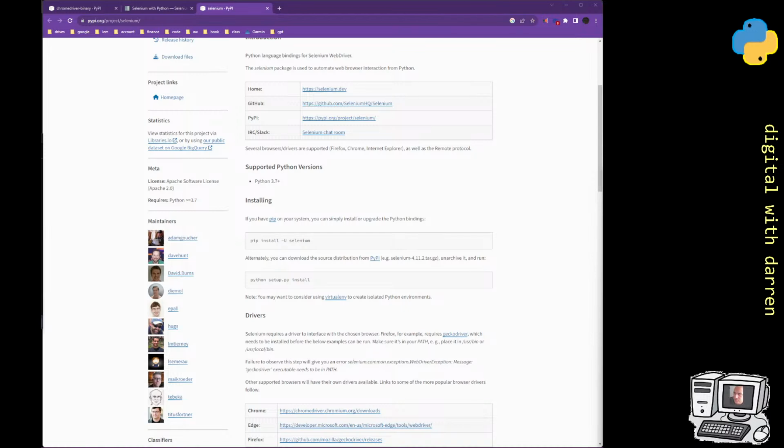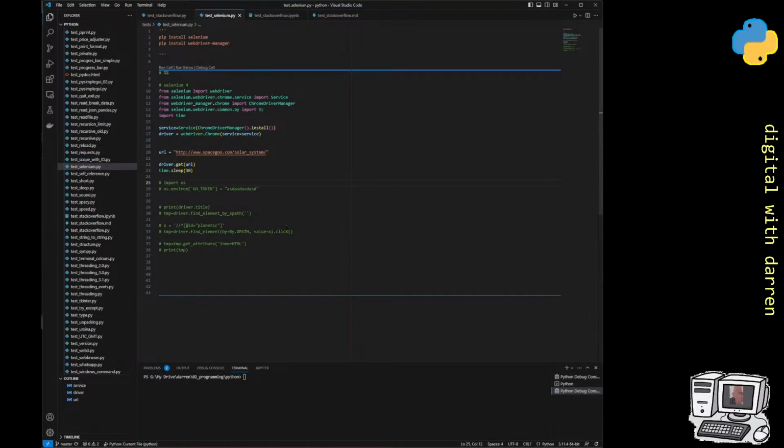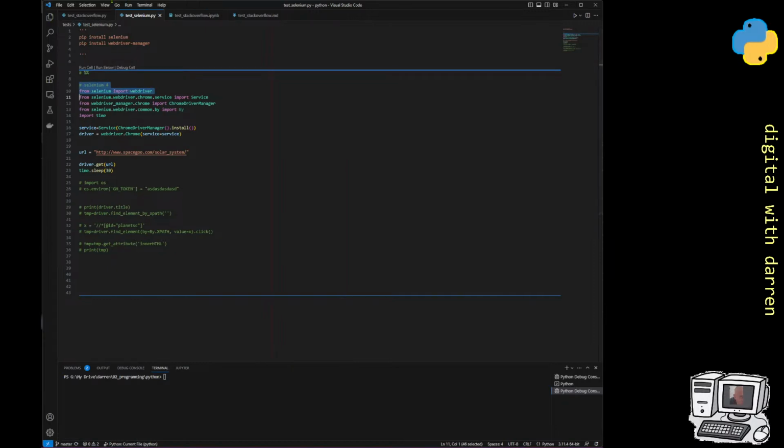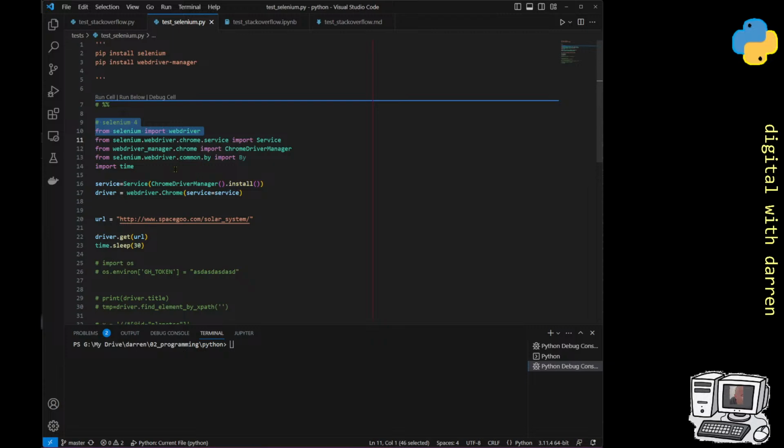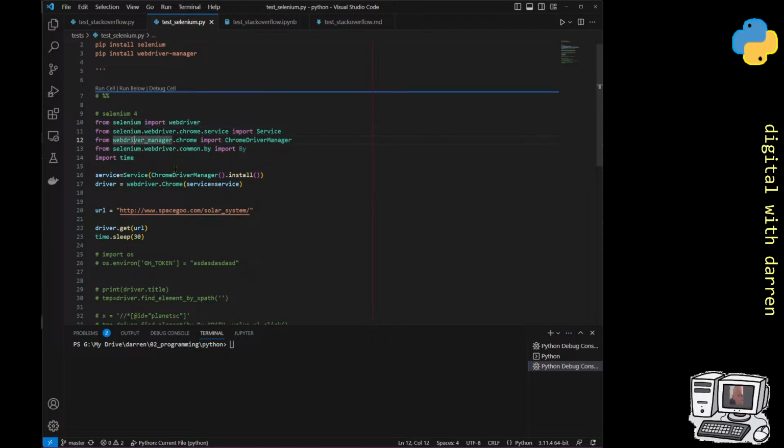Right, so we're now streaming live, and what I'm going to show is some code that I had. This is Selenium, and I basically took it out of the documentation. But this is how Selenium used to work. Let me move this sidebar out of the way and press Control plus so that it's a little bit bigger. So this is how Selenium used to work, and you import the WebDriver, then you do the WebDriver Chrome